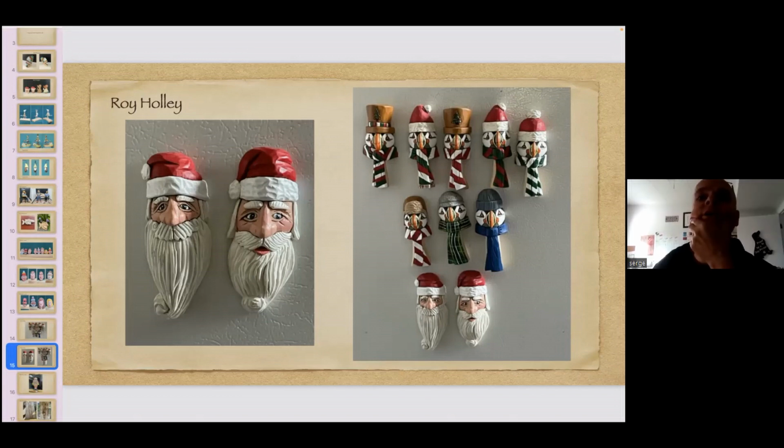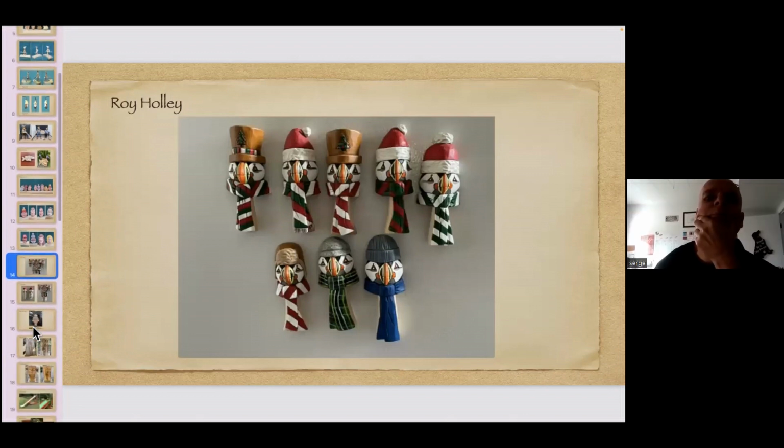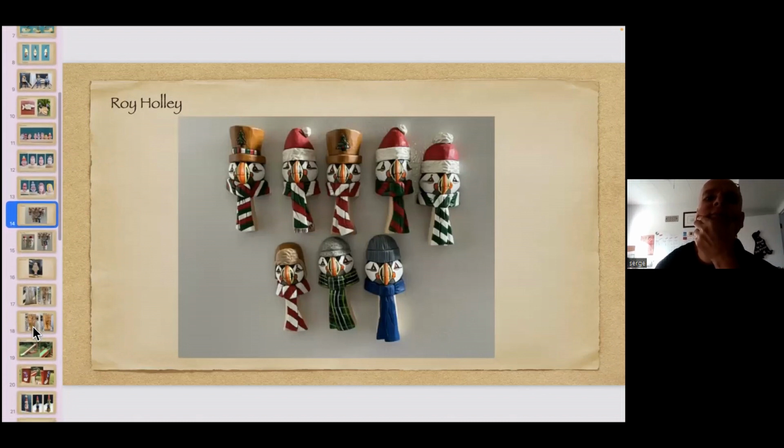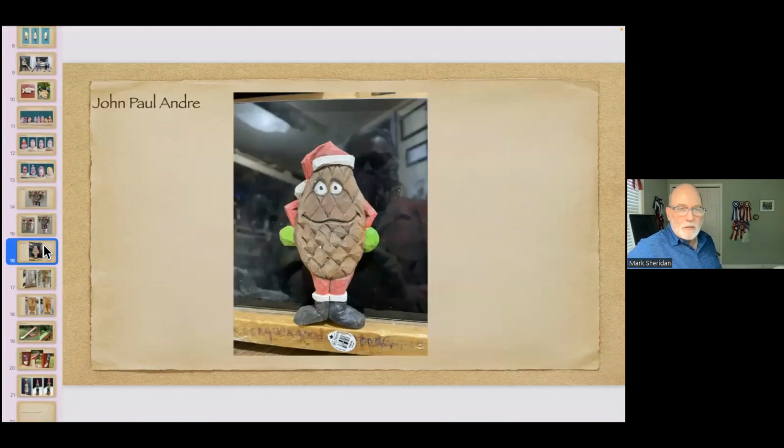Yeah, the tree and the bomber hat, but the tree on the front, like those, what do you call that, top hat or chimney? Yeah, they're really, really special. Nice. And the plaid is crazy. Yeah, nice job. John Paul, you took